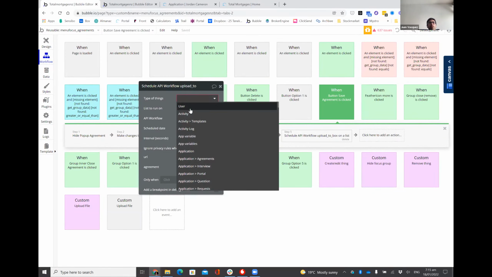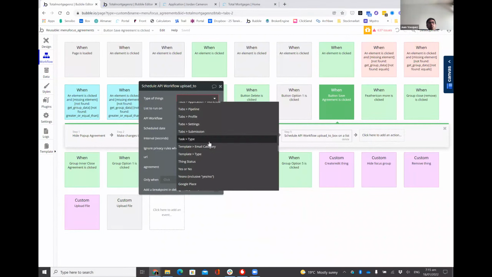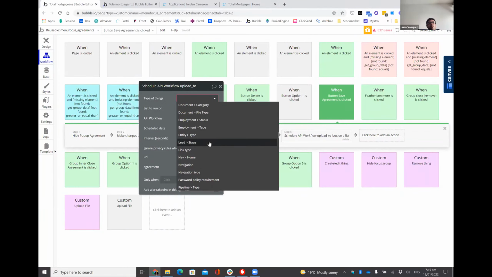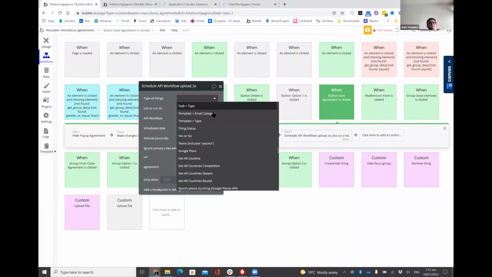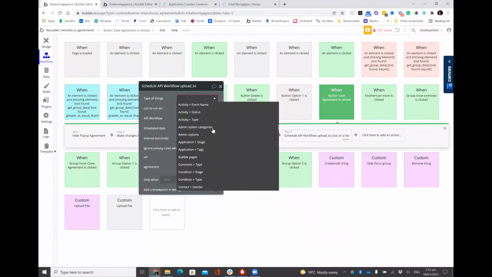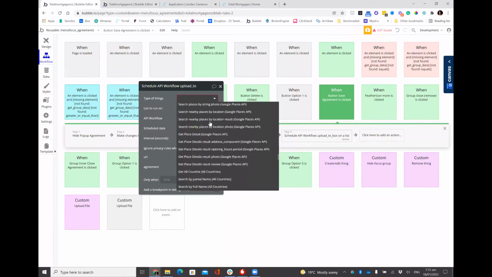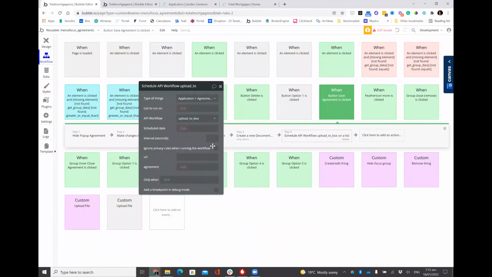The type of thing will be the agreement. Okay. Application agreement. So keep going down. I can't scroll down. I don't know why. Okay, I'll get it. Okay, perfect. And the list to run